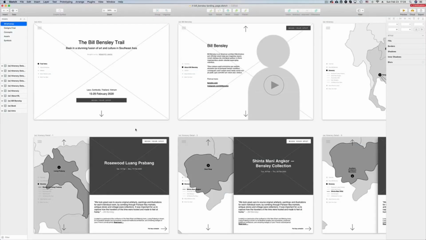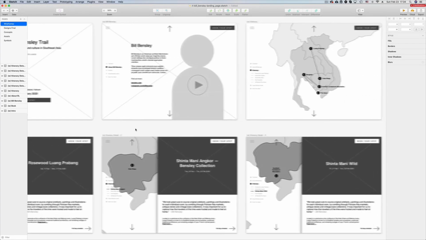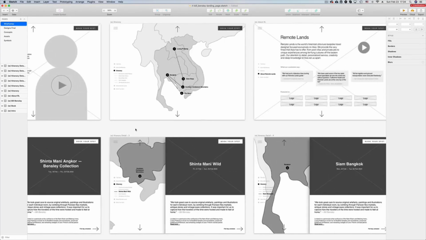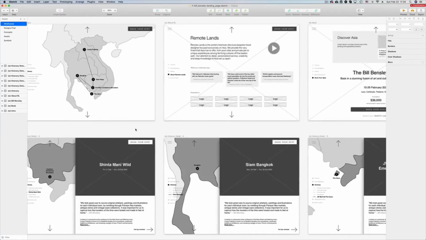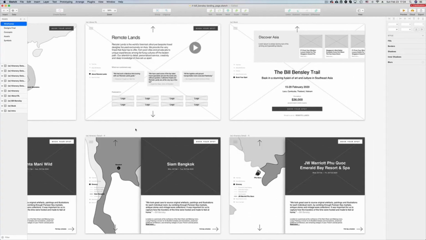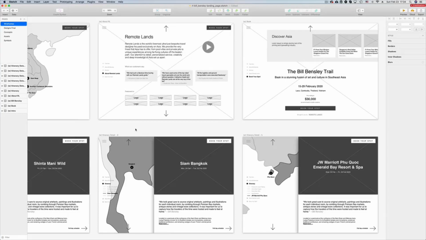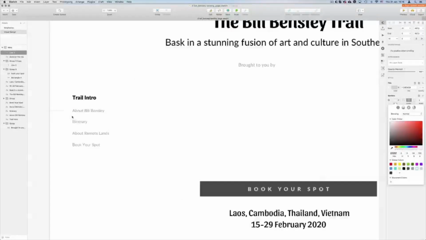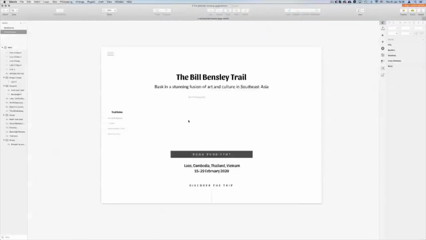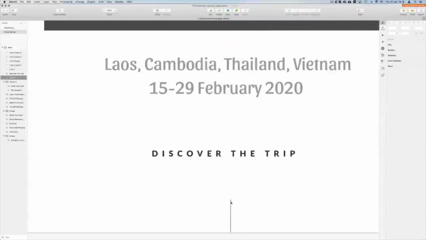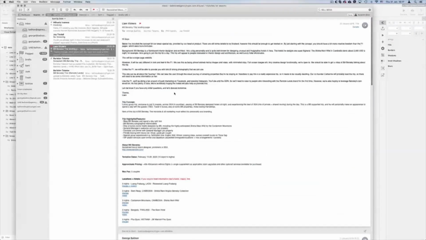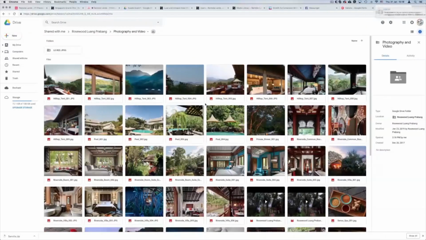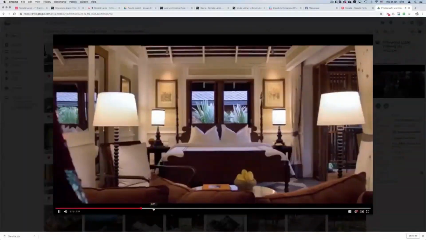Okay, and after the sketches and some more discussions with the client, we went to the wireframes phase, where I created the key screens from the whole website, from the whole landing page. So here I am starting from the wireframe. I used the elements that I had in the wireframe and just started to really work on the details, like